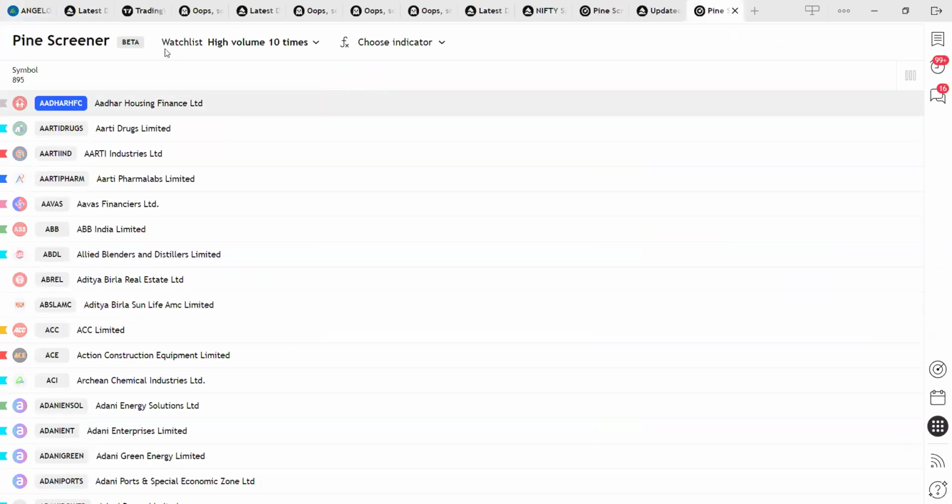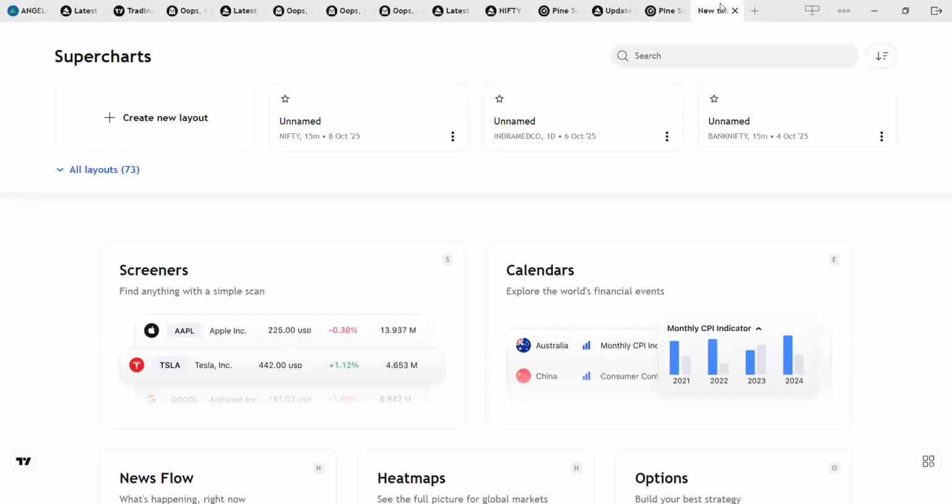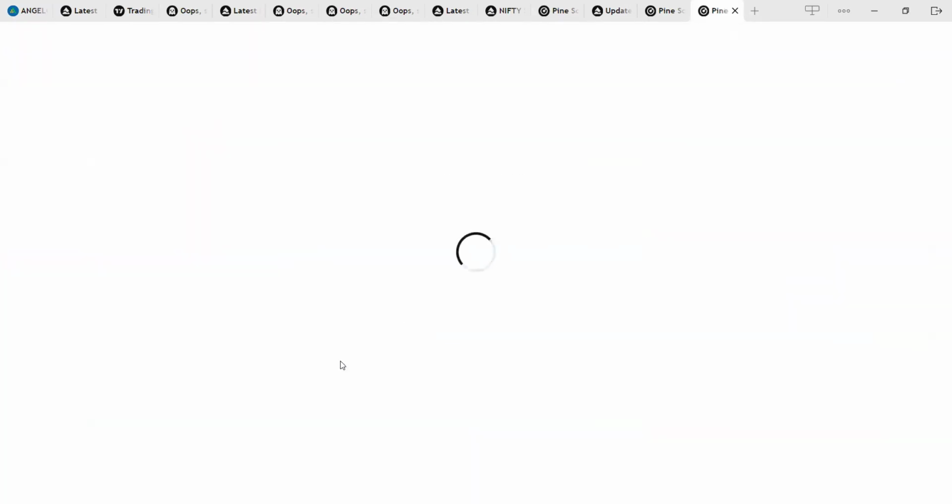This is Pine Screener Beta. I will show how it is used. First, this is app. I use a desktop app. Then open new tab. When we open new tab, you can see there are screeners. So click on screeners and click here on Pine. So when we select this,